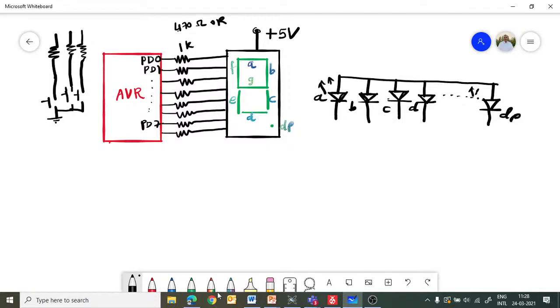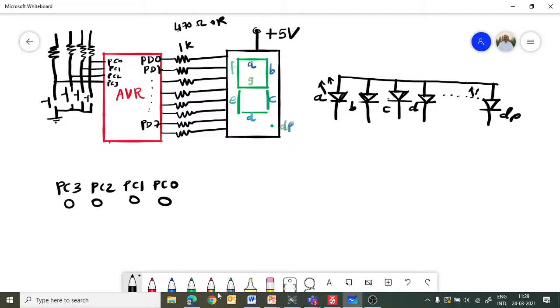This is a third switch, and let me connect the fourth switch here. This is the fourth switch, and these switches are connected to port C. So consider that PC0 is there, PC1, PC2, PC3. Here I have PC3, PC2, PC1 and PC0.